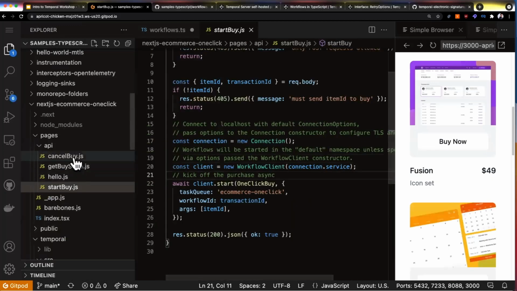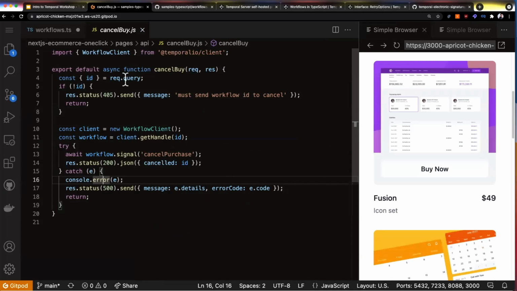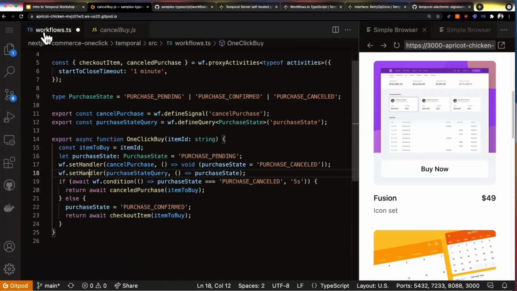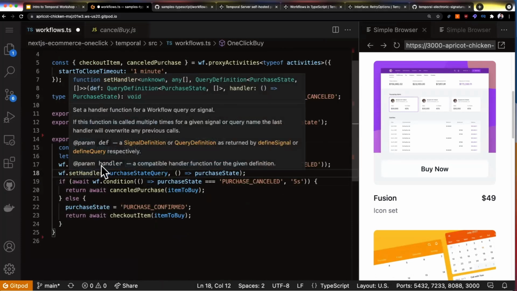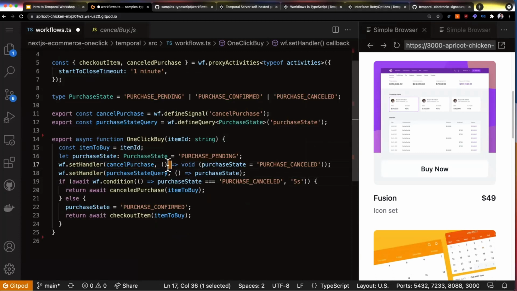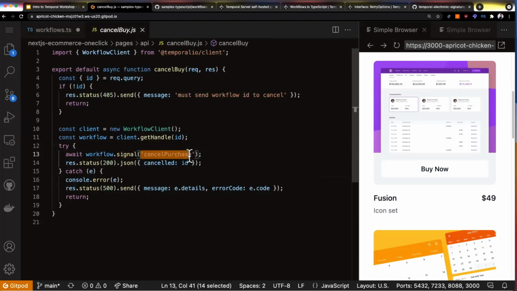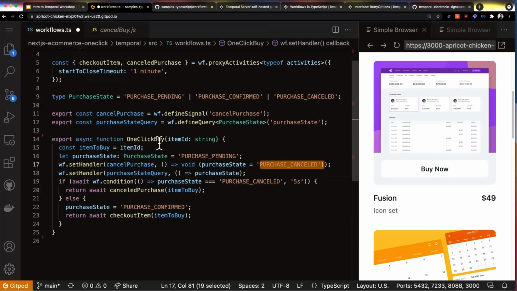And then when I get a cancel instruction, for example, I'll get the handle again to the same ID, and then I'll signal that I'm canceling that purchase. And this signal is received over on the workflow side by the signal handler over here. And it says, I received that and I'm going to cancel it. This only has one use. So even though I pass an argument here, I actually don't need it because I don't have any other state to set anyway. So hopefully this helps you understand how signals and queries and the condition API work in practice,